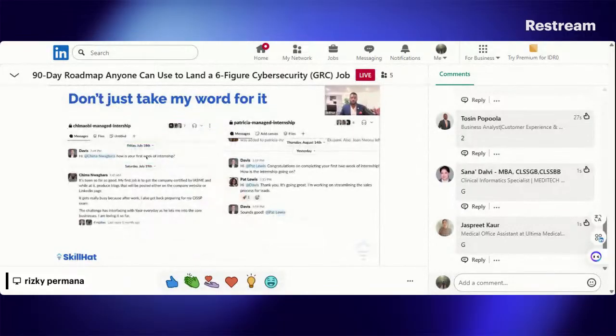And here's some screenshots. Here's all the way in July. This is Davis placing this guy. He says, "It's been so good. My first job is to get the company certified, etc." Okay, and he's getting certified. And he says there's a challenge to interface with the founder every day because the founder is busy, but that's what it's about. How do you solve that challenge, right? The second one I'll show you is Patricia, where this is her finishing 2 weeks in August, and she's actually working on some sales process optimization for the company. This is on the BA side for Patricia, not C.